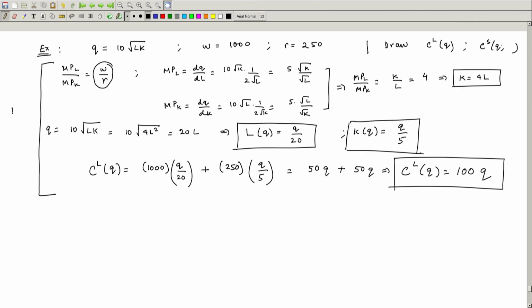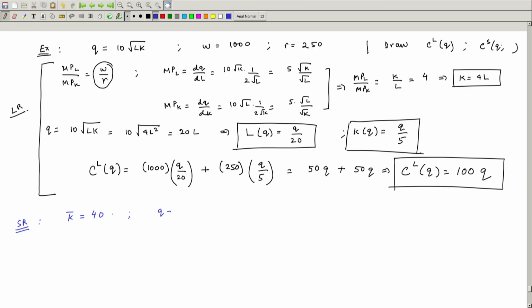Now, what about the short run analysis? Suppose in the short run that you are fixing K bar equal to 40. So, you are told that you have 40 machines only and I will have to produce only using these 40 machines and accordingly hire L. So, notice in the short run then the optimal amount of labor is going to come directly from the production